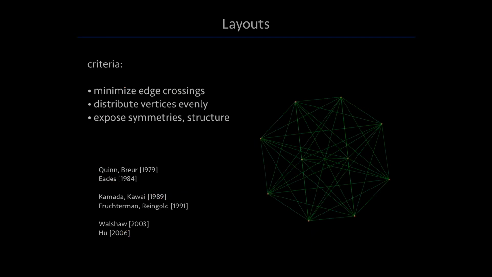In general, the criteria of what is a good layout are not strictly defined, but it's generally considered good to have a minimum number of edge crossings, so lines crossing each other should be low. The vertices or nodes should be distributed in space evenly, and any kind of structure or symmetry in the graph should be visible. And this is a problem that has been studied